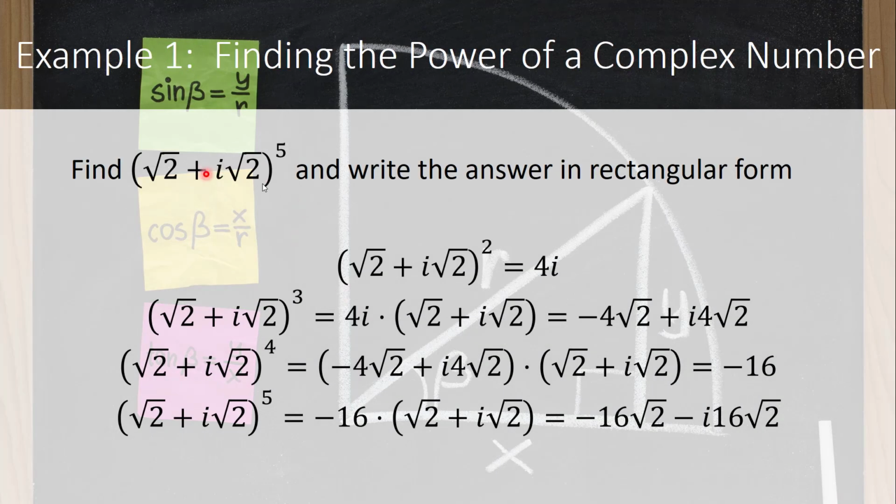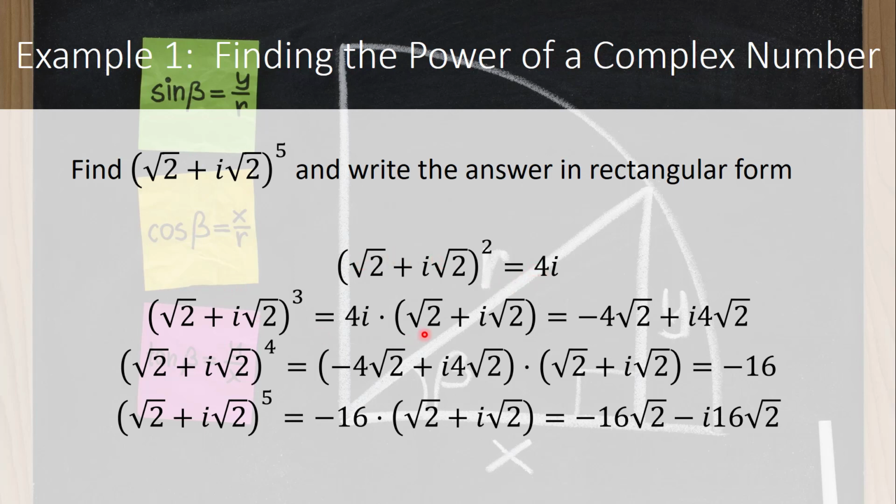Okay, so let's start off with this particular problem. We want to raise root 2 plus i times root 2 to the 5th power, and we want to write that answer in rectangular form. So how can we do that? Well, we go ahead and square it, and if we do, we will get 4i, and then we can take